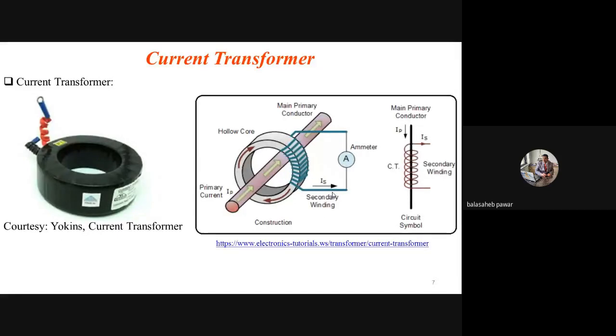right? Because this is an AC power line, a 230 volt RMS power line, and due to that, whatever current flows through the conductor will be AC in nature with 50 hertz frequency. So similarly the induced current in the secondary will be of 50 hertz. That means it will be alternating current, and as we roughly calculated, it is 500 milliampere. So that 500 milliampere is the RMS value of the secondary current.